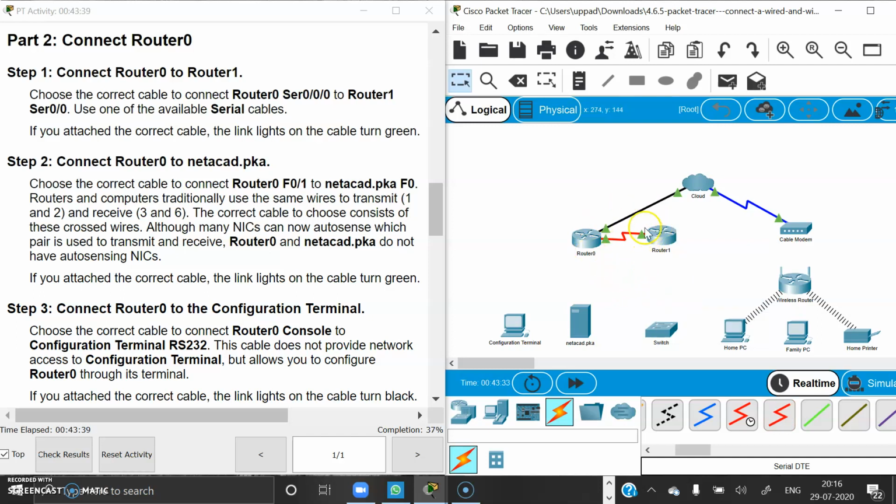Here also we can observe the link lights are green. So our connections are correct and the cable that we selected is also correct. Now I am connecting the router to Netacad PKA, which is a server. For that I am taking a copper crossover cable.